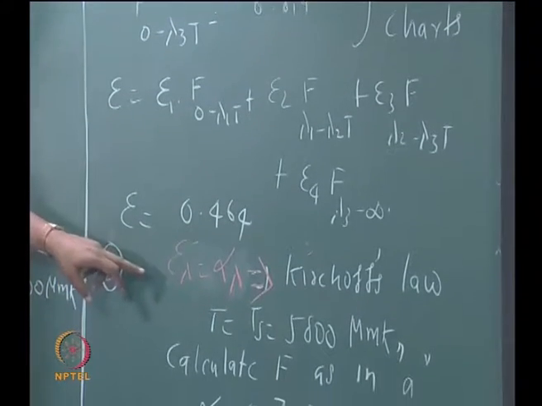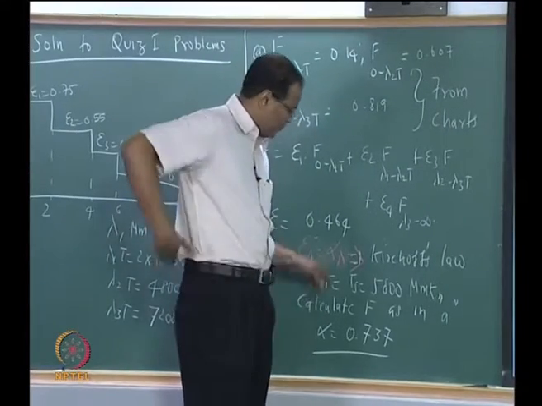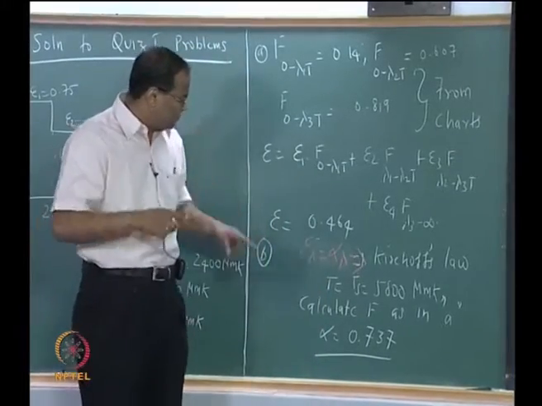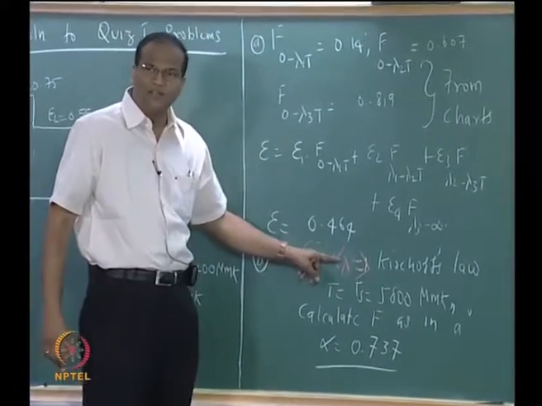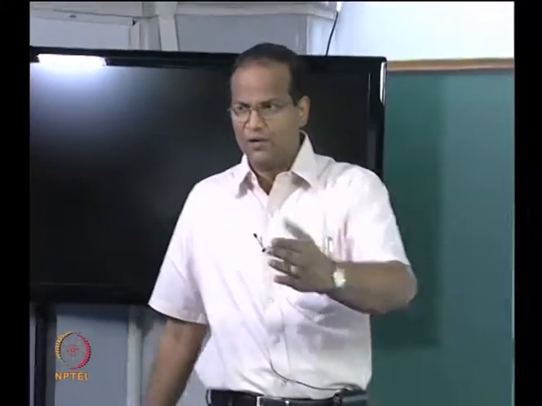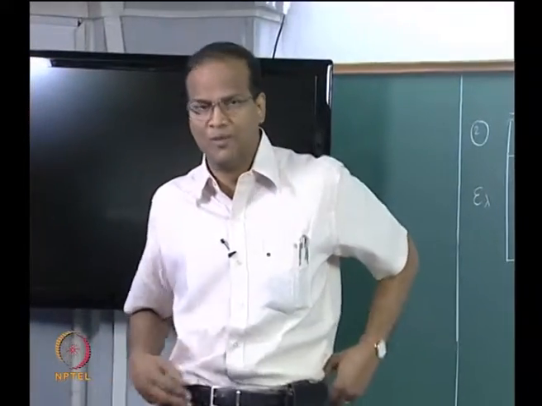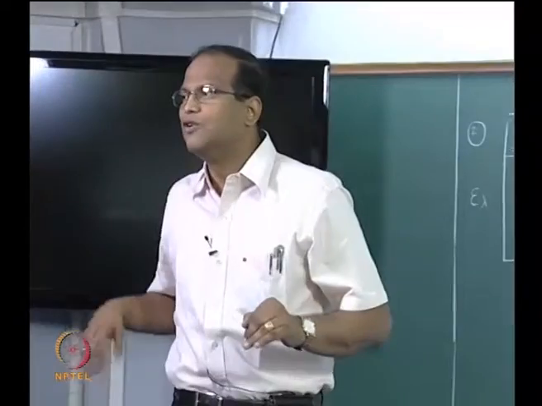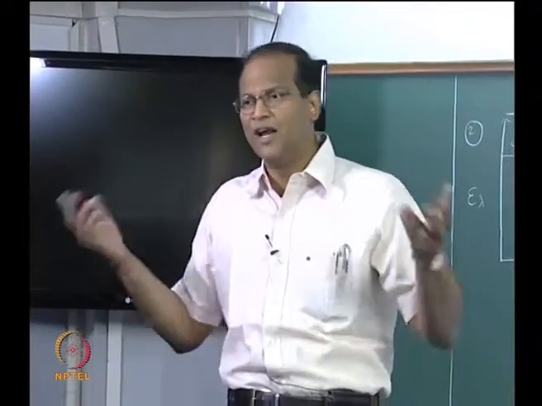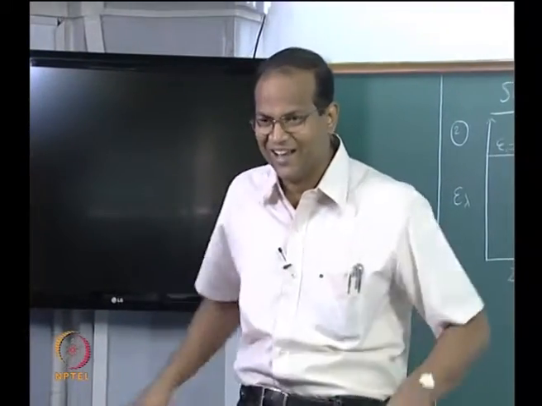Now if you calculate the absorptivity, you have to use the temperature corresponding to the temperature of the sun. Okay, but it is perfect to use epsilon lambda equal to alpha lambda, because I told you it is a diffuse surface. So from Kirchhoff's law, you know that emissivity is equal to absorptivity, that is spectral. But you should not make the mistake of taking T to be 1200 Kelvin, then you will again calculate alpha also equal to 0.464, which is not correct.